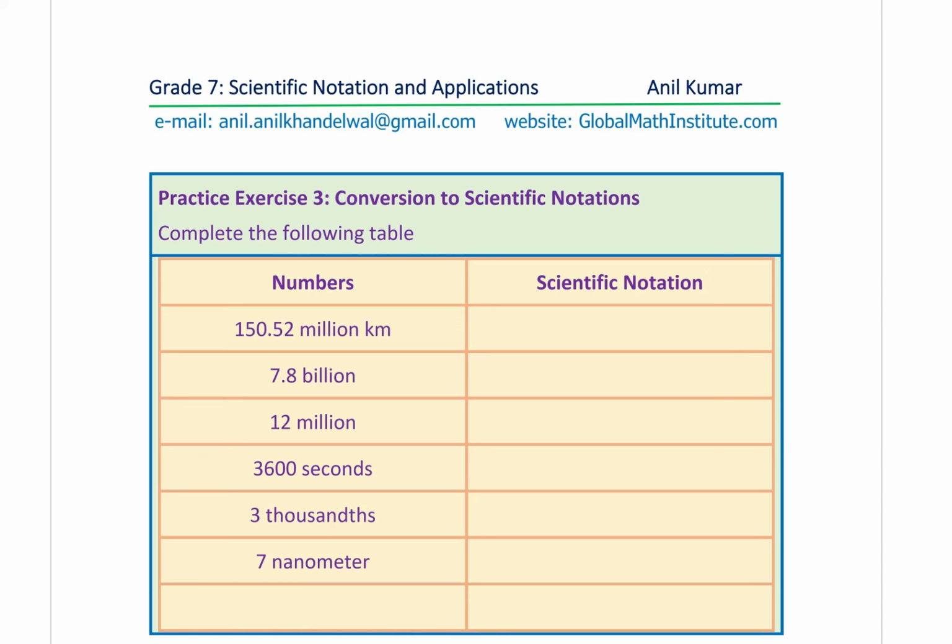Nanometer, do you remember nanometer? 10 to the power of minus 9. You're right. So you could write 10 to the power of minus 9 for nanometer. So that is how you're going to answer all these questions. Perfect. So I'll leave that for you and move on to the next question. Or should I do one of them? Let me do the first one for you, where we'll write